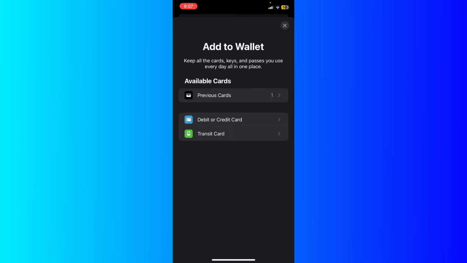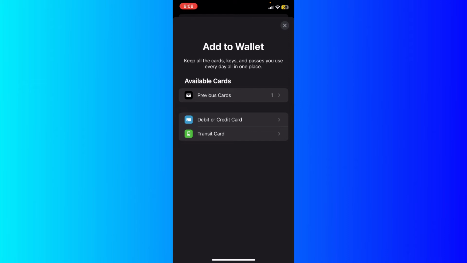So debit card, basically the Apple Wallet allows you to pay with your iPhone without needing to use your physical credit card or debit card for that matter, right? And it even allows you to scan the boarding pass without having the need to actually use your boarding pass paper, right? So you can just go ahead and start if you want to pay or even scan something on Apple Pay,